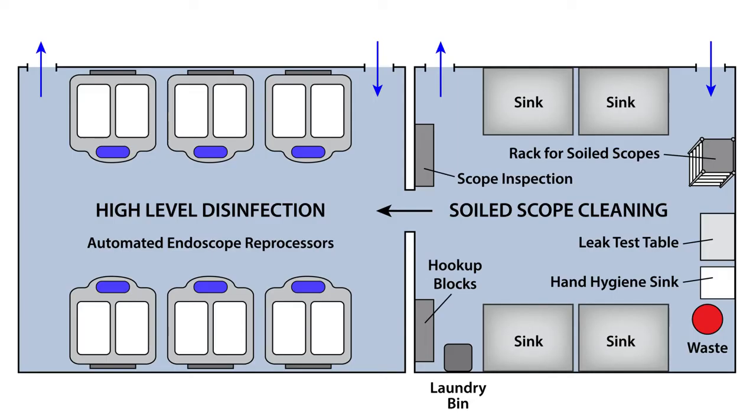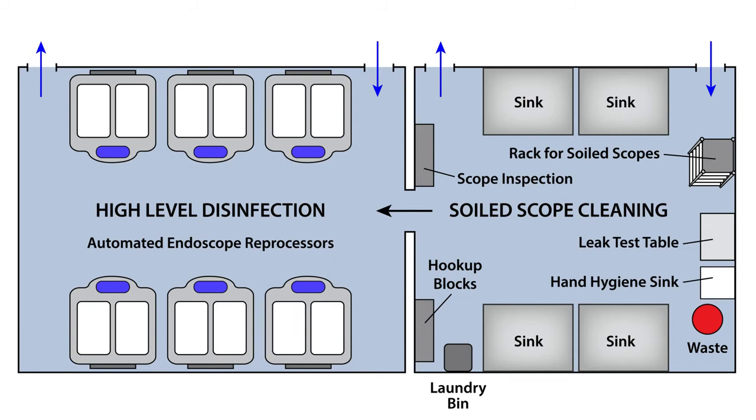As you can see here, there are one-way exits from one to the other, and in the soiled scope cleaning area you have a rack for the scope storage, a leak test table, hand hygiene sink, waste container, sinks, laundry bin, and hookup blocks, and scope inspection. And then if you move to the next room, you have the high level disinfection room